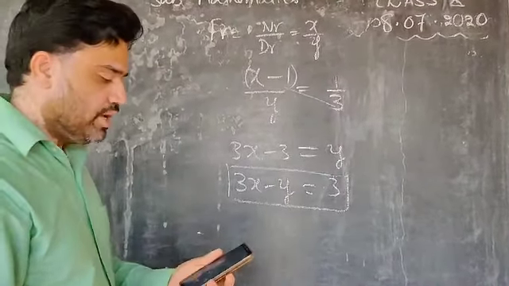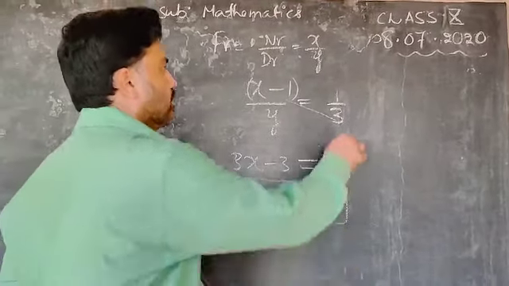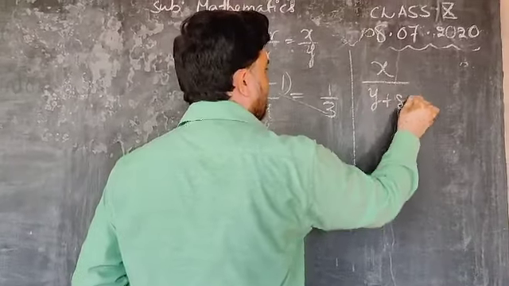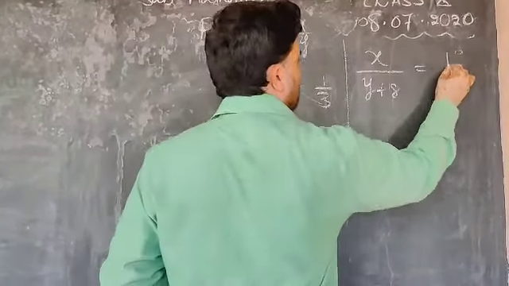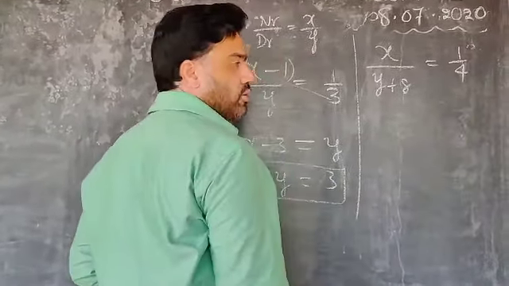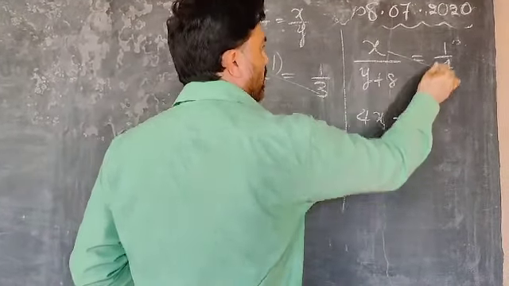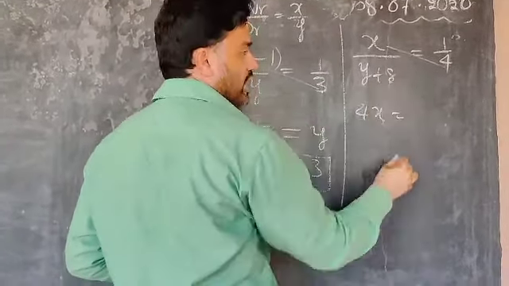And it becomes 1 by 4 when 8 is added to its denominator. Okay, so for the numerator there is no change. Denominator, 8 is added, then the fraction becomes 1 by 4. Okay children, now cross multiply once again, 4 into x, 4x, 1 into y plus 8, that is y plus 8. Now what I told you, x and y always on the left side, 4x minus y, and 8 as it is on the right side.